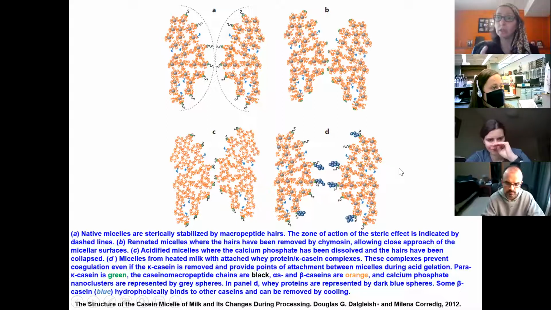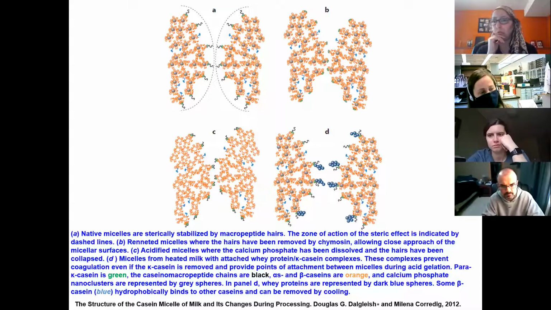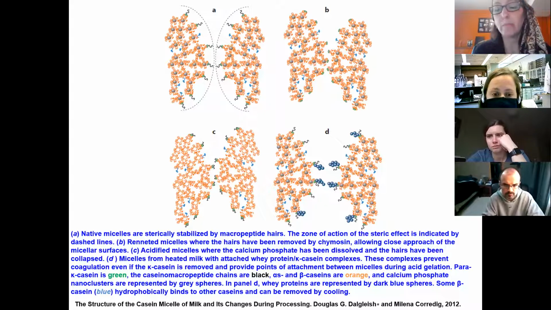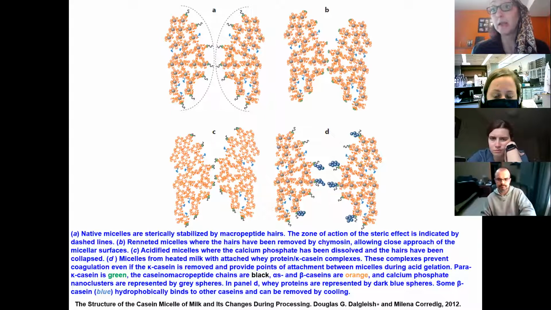That's why they don't heat the milk at higher temperatures. So they usually heat the milk to 60 degrees rather than 70, where beta-lactoglobulin denatures at 70 degrees and higher. So what happens if you heat the milk that you're going to use for cheese formation, and then you end up having this beta-lactoglobulin interacting with the kappa casein? Then the kappa casein kind of blocks the enzyme, the chymosin, from being able to